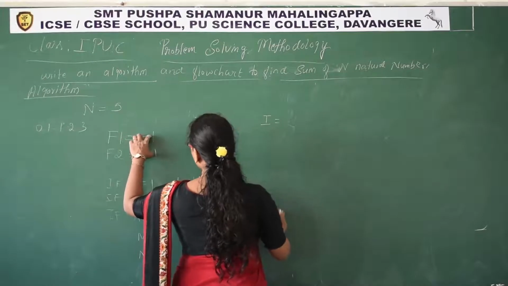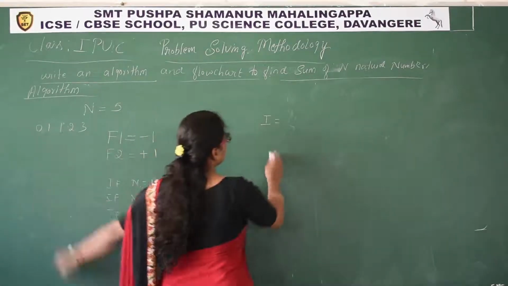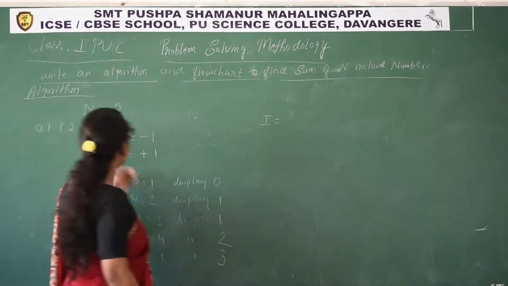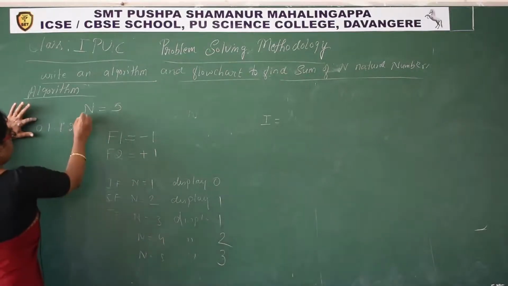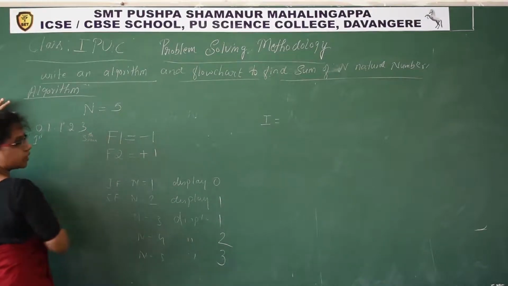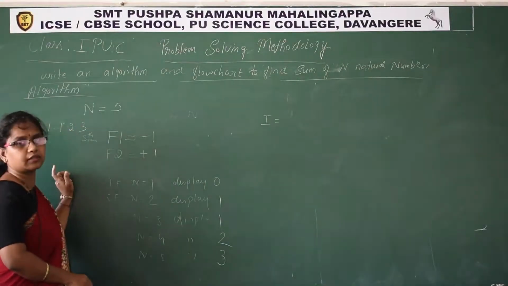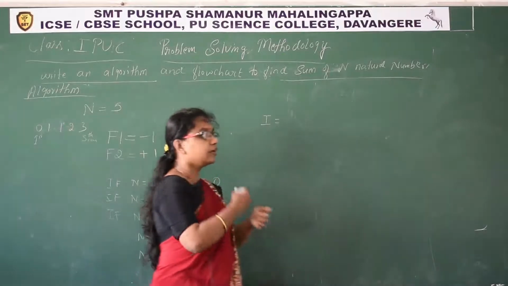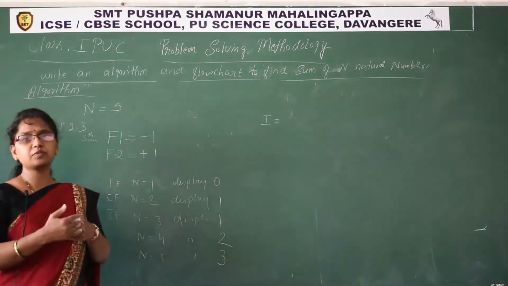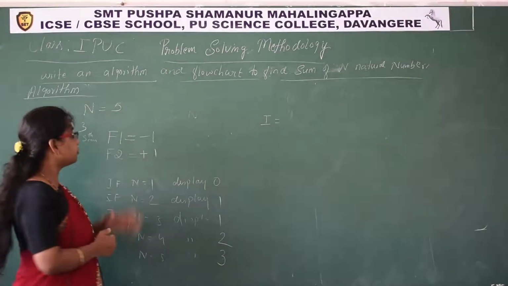Now by adding these two numbers we will get the first number, that is 0. Are you understanding? From where to where do I have to move? First number to fifth number. This is the first number and this is the fifth number. How should we understand this? We are going from 0, that is the first number, up to the n value 5. So how many times do the statements have to execute, how many times does the calculation have to be done? 5 times.